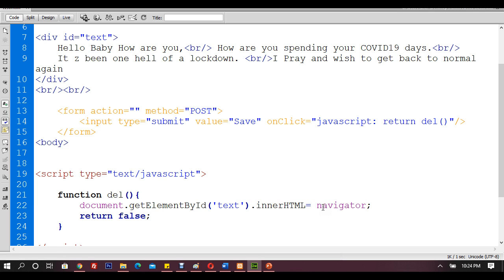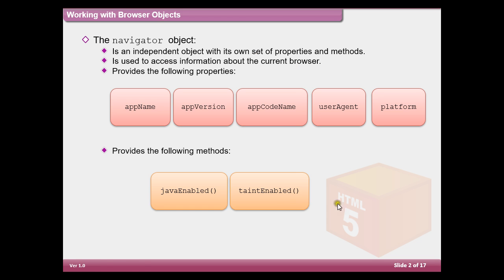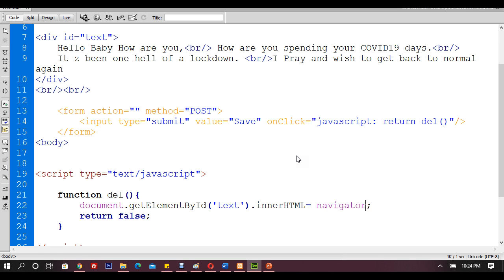It's called an implicit object. You don't create an object of Navigator. It's already ready for you. It's already ready in JavaScript. So you just call Navigator, right? And what objects does Navigator have? appName, appVersion, appCodeName, userAgent, platform, and cookieEnabled, whatever. So the first thing that we are going to use is,